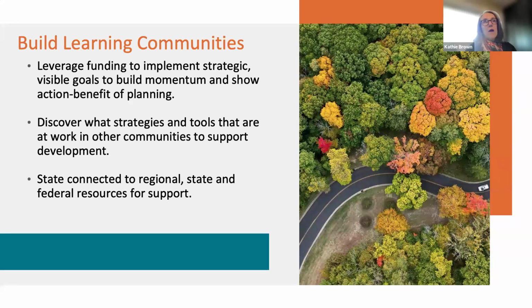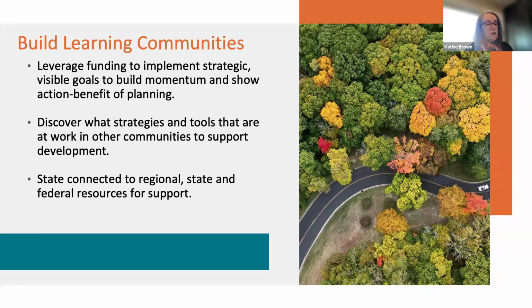We're right now wrapping up a comprehensive land use plan for a community, and already they're talking about the first thing they want to do. That will be visible to the community within 6 months of completing that plan.